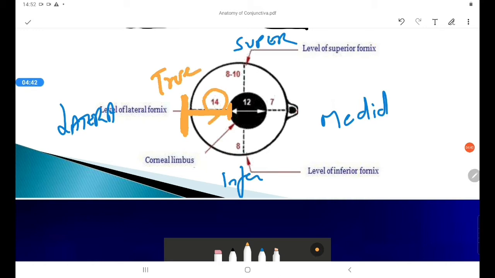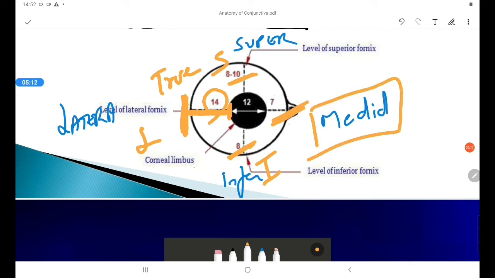Now we should know that the superior fornix extends between 8 to 10 mm. There is a slight variation, so you can roughly remember it to be 10. That is the second farthest from the limbus. And closely behind is the inferior fornix as well. So in order, it is first the lateral, that is the farthest, then superior, then inferior. And this is again a question: which is the shortest fornix, that is closest to the limbus, which is the medial.